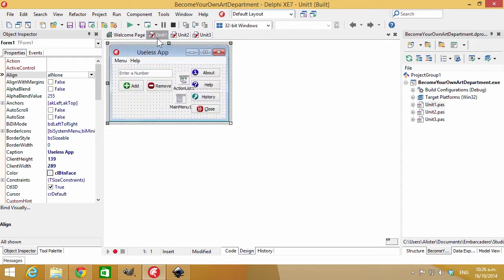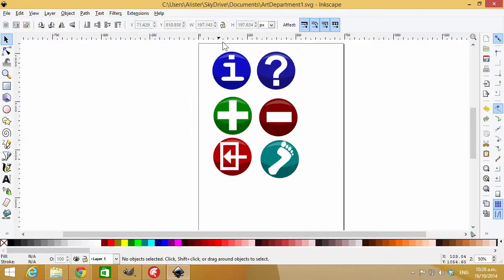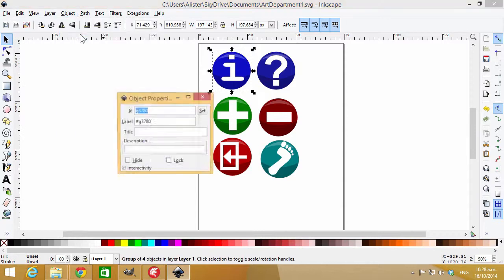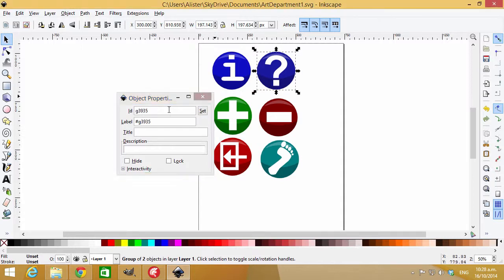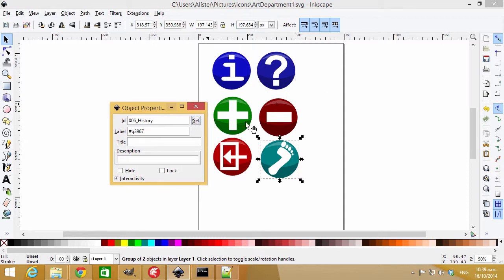So that's the basics of drawing pictures. I'm now going to show you a few extra tricks. I'm now going to name each of these. Go to Object and Object Properties. And of course, 001 about, and so on. So with all our icons now named,